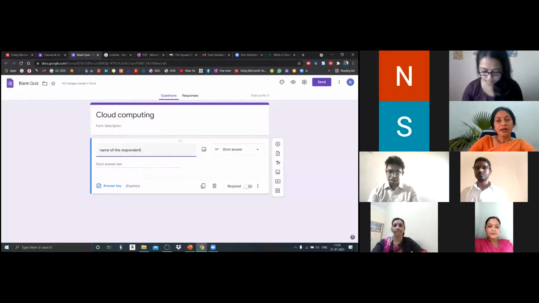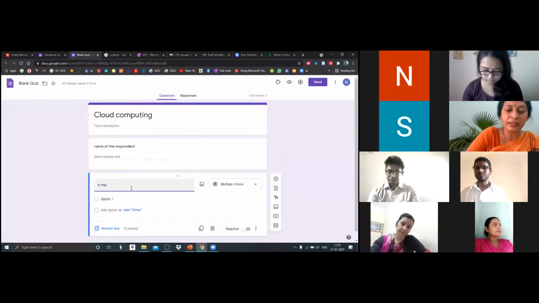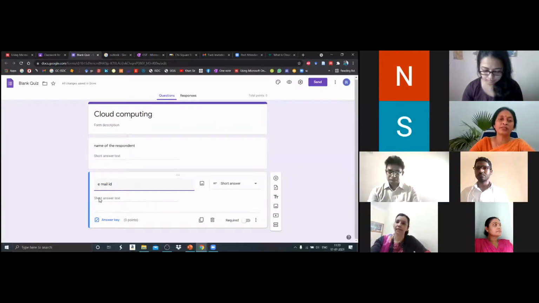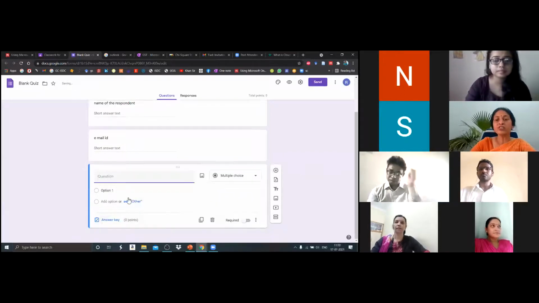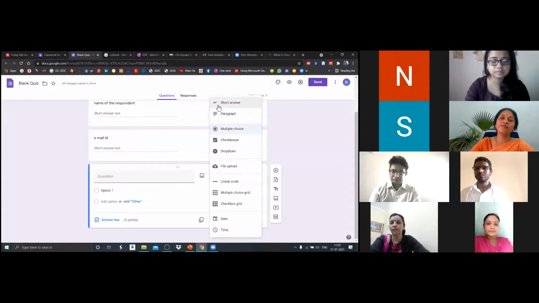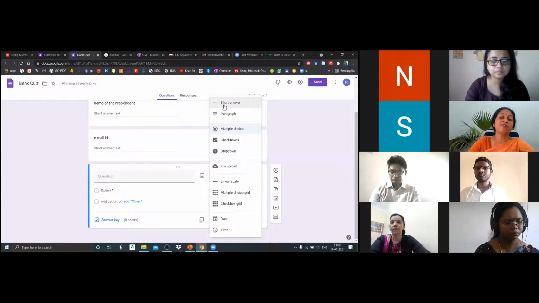Apart from this, if you want to get an email ID, that too by default, the Google Form knows that it requires a small space. You can add as many questions as you like by just clicking on this cross button. Once you click on it, you get a navigation tool here which says multiple choice. Just click on this button and you will find that for every different type of question, it gives some default suggestions as to how many options you can choose for the multiple choice or for the check boxes.